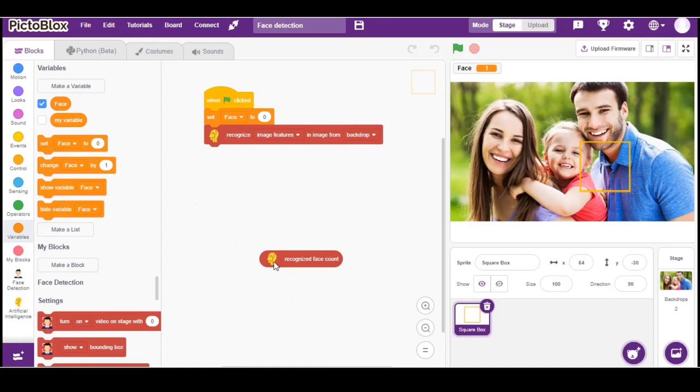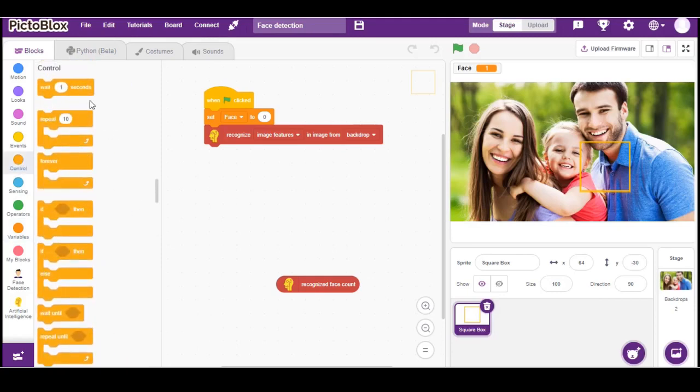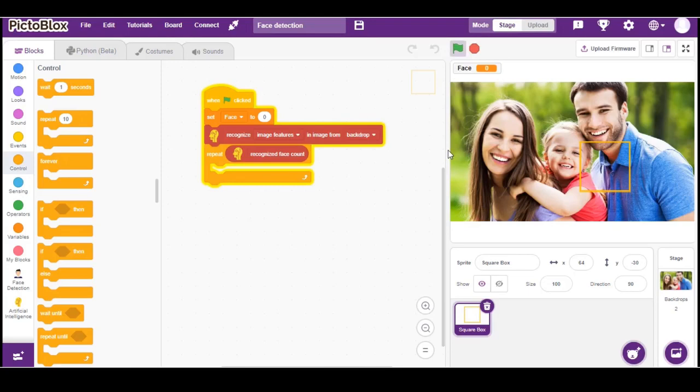So now I have to do what? Now I have to make a loop to count my faces and type the right number here, and to know the emotion of each face. Okay? Okay, so I will go to control, where I can find the loop block, and I will put it here. But I will repeat it as the count of my faces, the picture faces. So now it will repeat. Repeat what? Now I have to read what? To do what? I have to know